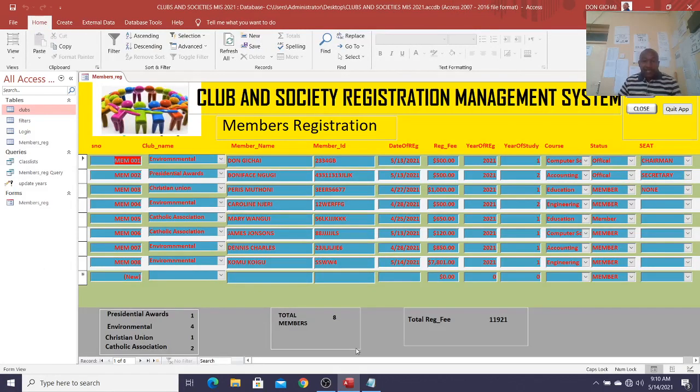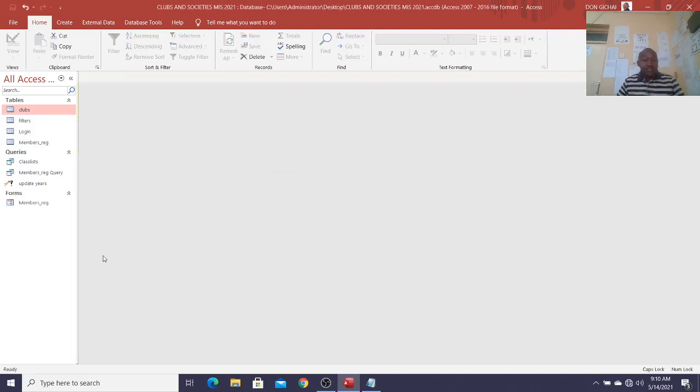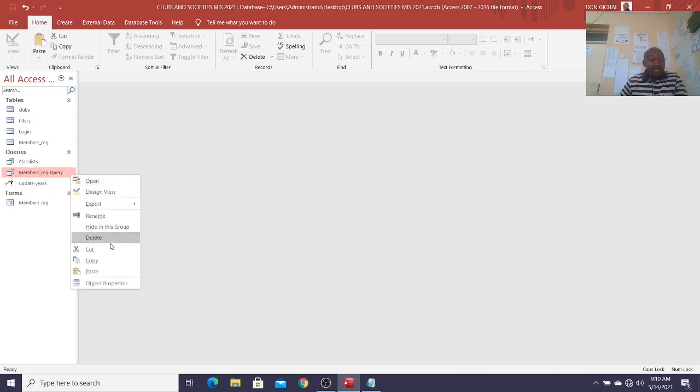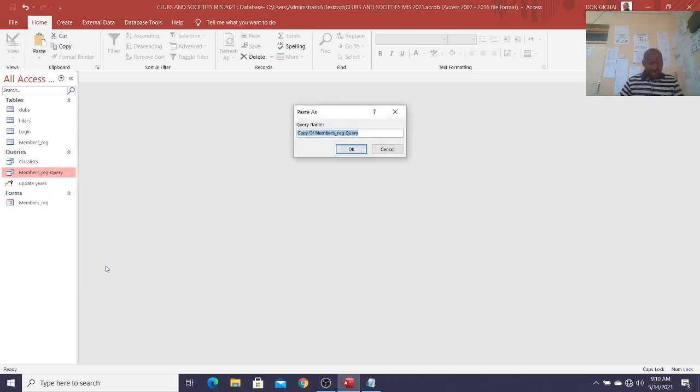Then we need a situation whereby when I am registering members, I only get members of a certain year and doing a certain course. I don't need everybody on board. Therefore, that will be our next move. Therefore, I cross this one, I save it. Then the first step, I need to go and copy this query. Therefore, I copy this query, I paste it. This time round, I can just change it to